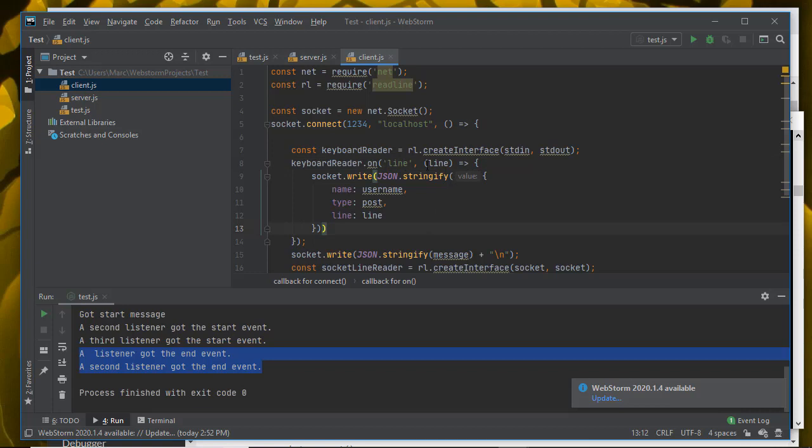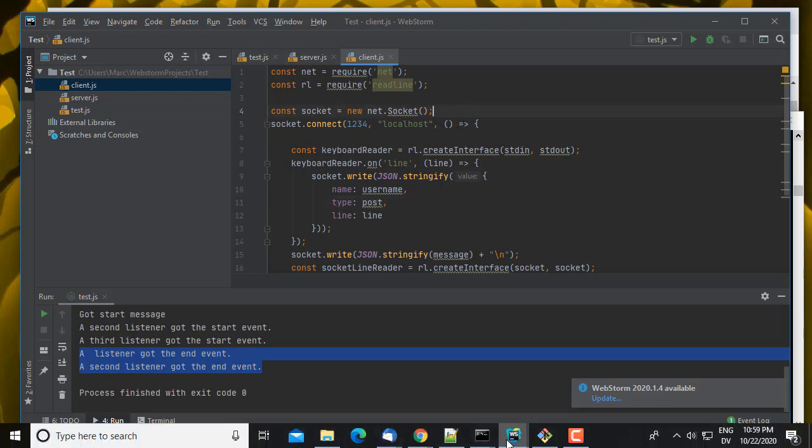Okay, so user types in a line. I turn that into a JSON object, or wrap that into a JSON object, send it to the socket, and it should show up on the server. Now for the username, I'm going to get that from the command line when the user starts up the chat client for now. Later on, I'll provide a way for the user to specify their username when they start the chat client. But when you start up a node command like so,